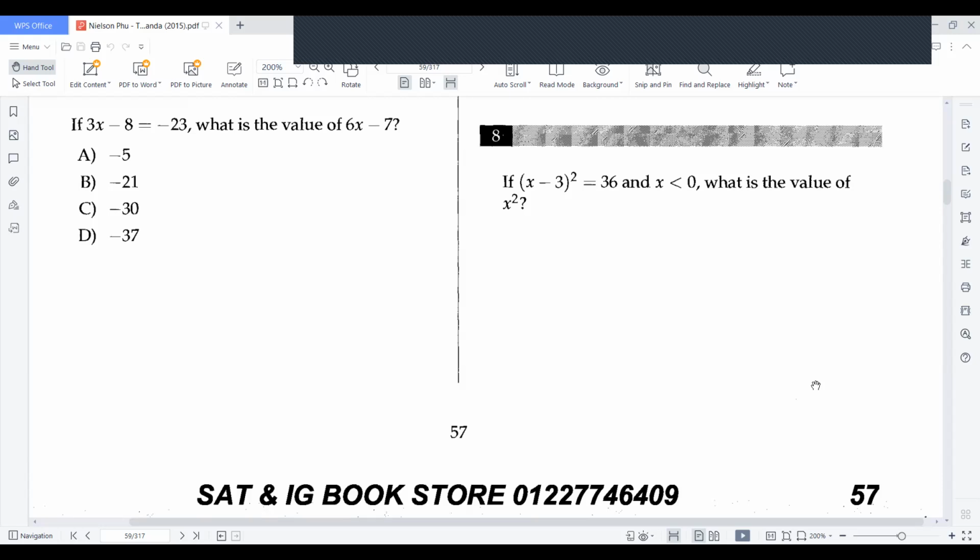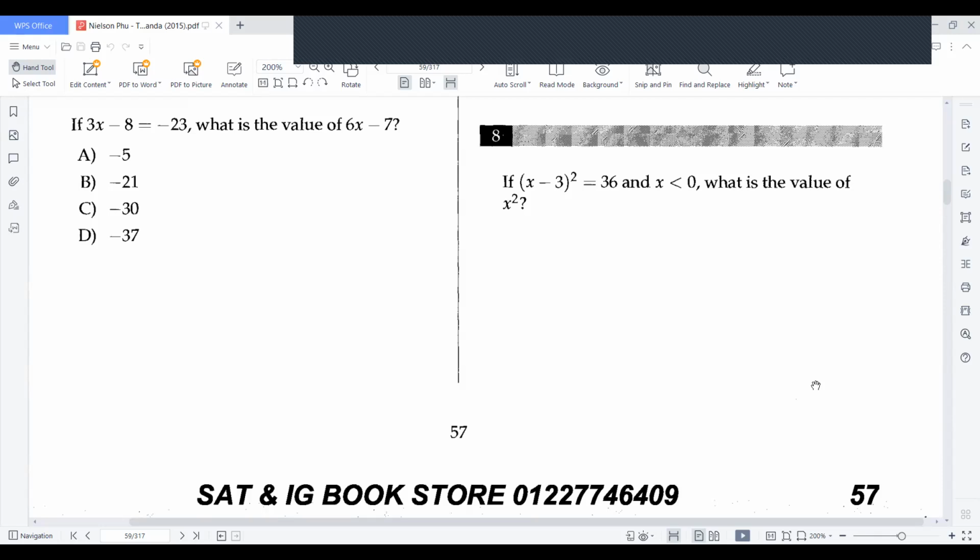And x is less than 0, meaning that x has to be a negative number, correct? And with x being less than 0, the only possible number for x to be